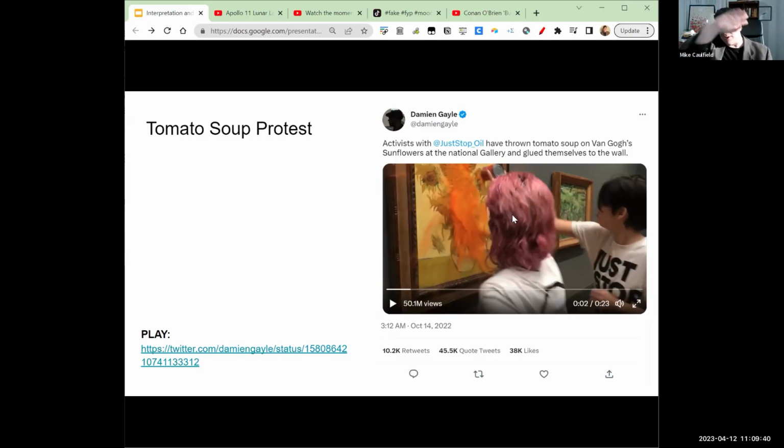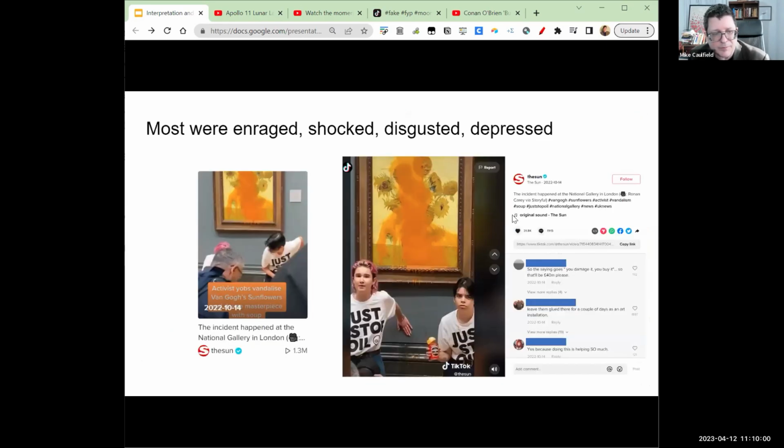They throw tomato soup at the Van Gogh, and then someone says, "Oh my God!" Another person says, kind of in a weak voice, "Security," which I always think is kind of funny. And then they glue themselves to a wall and read a statement about big oil and climate change and social priorities, right? And when this initially happened, most people were enraged, shocked, disgusted, depressed,